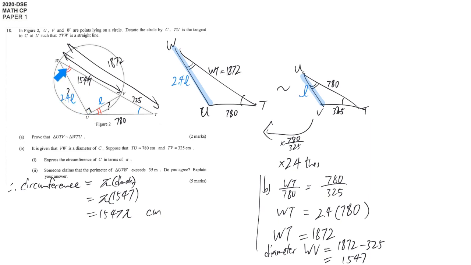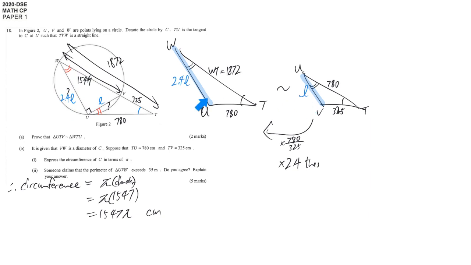It's because this is the diameter. We know this is a right angle, so we can apply Pythagoras theorem to write down the relation between these three lines. Then we can get L. That's why in using a similar triangle, rather than just memorizing the procedure of how you set up the formula, the more important thing is you know that you are going to multiply every length by a certain ratio, and that ratio is very important. So we let UV be equal to L, then WU is equal to 2.4L, and